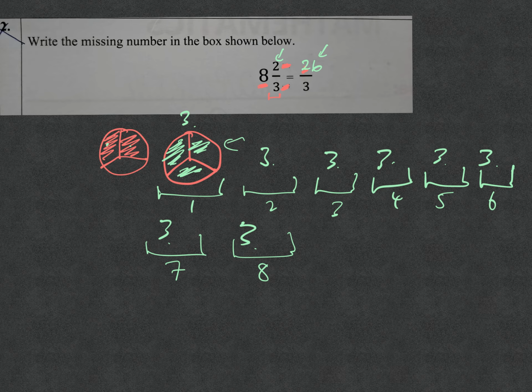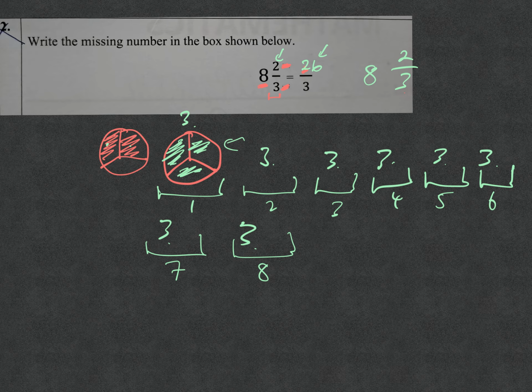Now, is that efficient for SEA? Absolutely not. That's a last resort, if you go to the exam and you completely blank out. Now, what method would I advise you to use? Well, this is something I learned a long time ago. So if we have 8 and 2 over 3, what we do